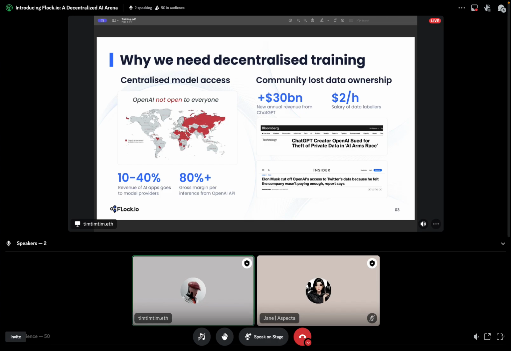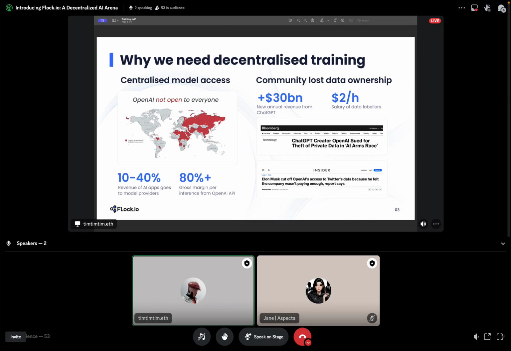I just want to talk about our motivation, why we want to build Flock as a project. We see two main issues within the traditional AI space. The first of all is centralized model access, as we know that OpenAI is not really open. You see all the red labeled countries, they have restricted access to the model.